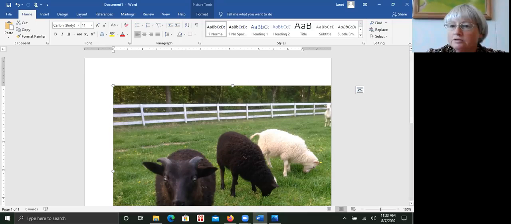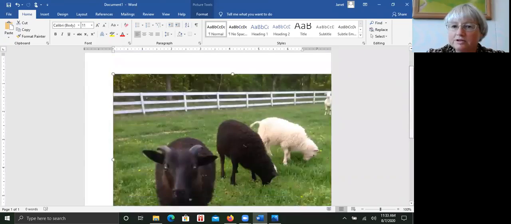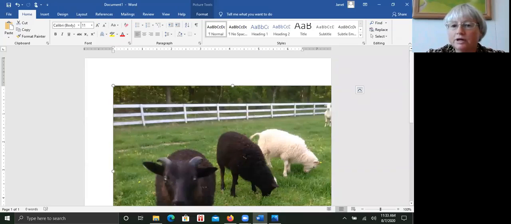So what I can do is I can also change my piece of paper. This, as you can see, is portrait. This is how you type a letter usually, or a resume or something like that. So first thing I'm going to do is change my piece of paper and turn it around. To do this, you go up to these different menus here, and I'm going to go to the Layout menu. And when I click on Layout,